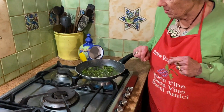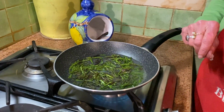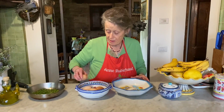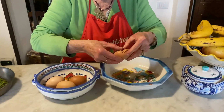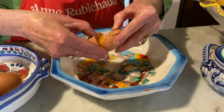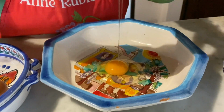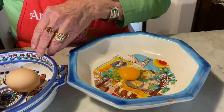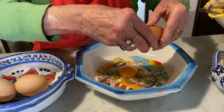Starting to raise the heat now a bit. They'll be ready in just a second or two. Our asparagus are almost ready to be added to the eggs. So in go our eggs. Beautiful orange yolks for these organic eggs. Look how beautiful they are with the